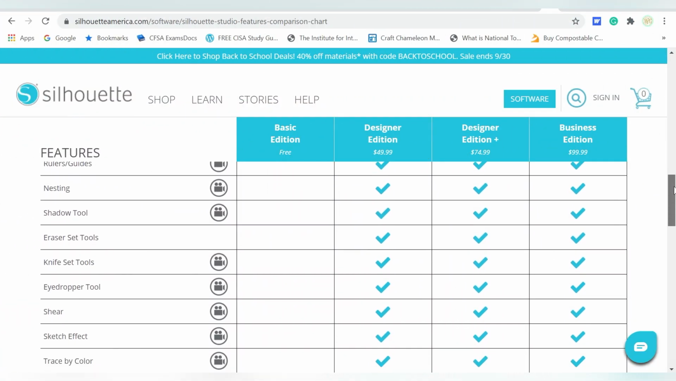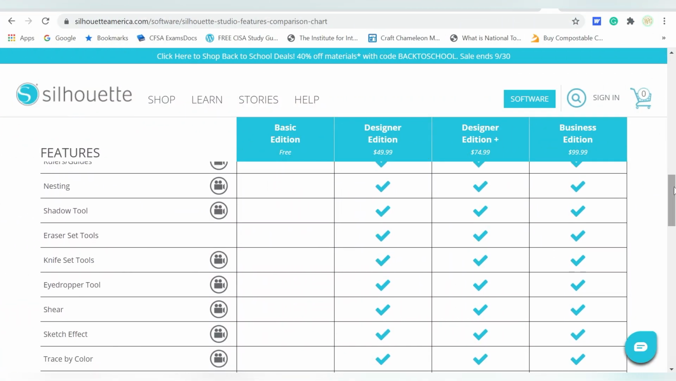Next is nesting. Now, we have a really great video tutorial on nesting, but nesting basically is a feature where you can take a bunch of different shapes, and Silhouette Studio will twist them and move them around to fit them all on the same cutting mat. It's to conserve your material. All right, the shadow tool, again, I don't use it too much. I imagine this would be useful if you are doing a lot of print and cut,